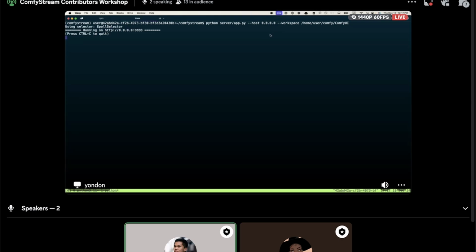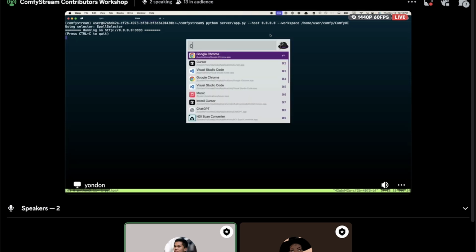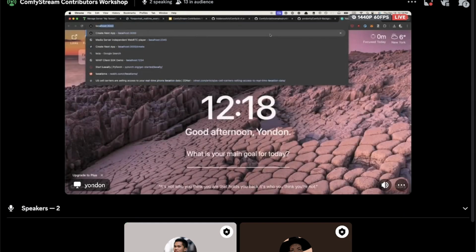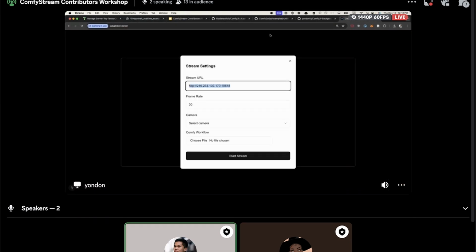and this is the server that I mentioned earlier, and under the hood, this server is using WebRTC for communication. It's basically going to be responsible for receiving a video stream from the UI and then sending back the output video stream to the UI. Hopefully this works. So I have a local UI running,